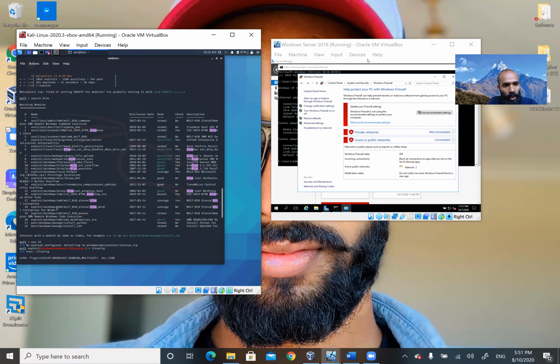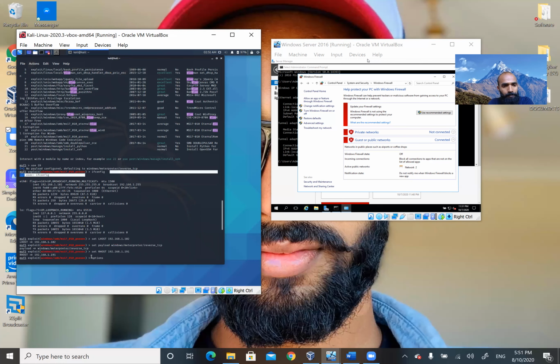We have used this one, number 19. Simply if you put the number 19, it will take number 19. It is exploit/windows/smb/ms17_010_psexec. So we have used the exploit here, and it has started as well. And if you see here, we have done the ifconfig again. This will execute the IP configuration.